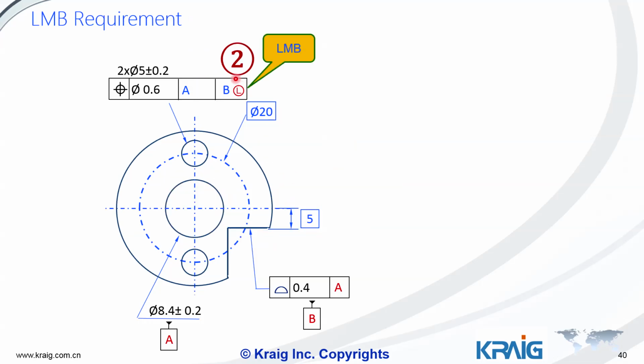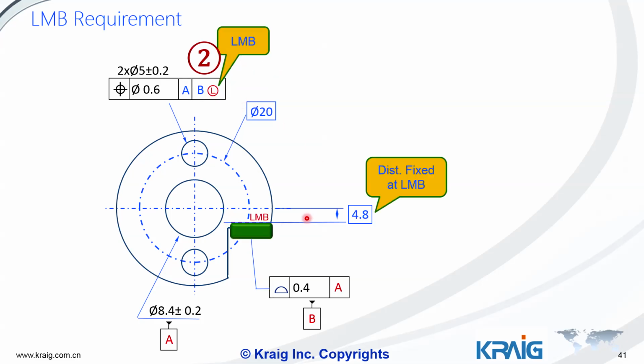Same way, what about BL, LMB? LMB means we are going to locate part with the gauge surface here at LMB position, which is 4.8. So the part will rotate around datum A and has highest contact point to the gauge surface datum B,